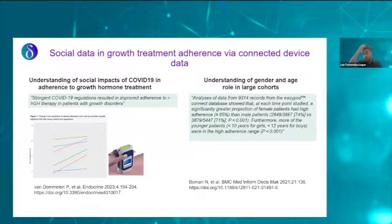In this slide, you can also see that social determinants of health are actually regulations that can change from country to country. You may think that's very difficult to study, the impact on something like growth hormone treatment adherence, but actually it can be done. Dr. Domenle took advantage of a very large data set of growth hormone treatment injections coming from connected devices across multiple countries